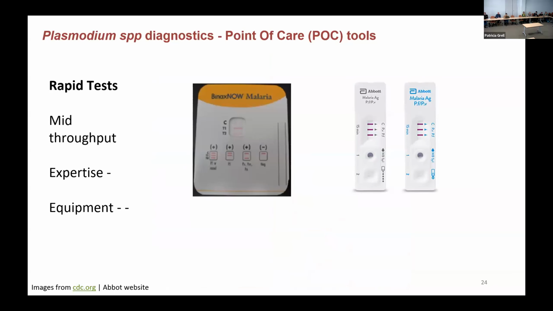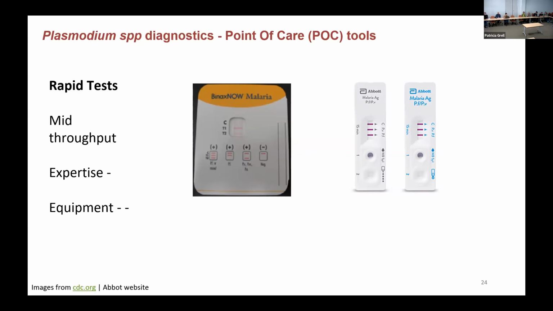Alternative, which if I was giving this talk 10 years ago, besides pregnancy tests, it was not that famous in general, but with COVID, everybody is now quite familiar with rapid diagnostic tests. These are little cartridges where we can put a sample, we get bands depending on which protein from the parasites are detected. So the throughput is quite neat, and it doesn't require too much expertise. I think most of us know the rapid test during COVID. Doesn't require much